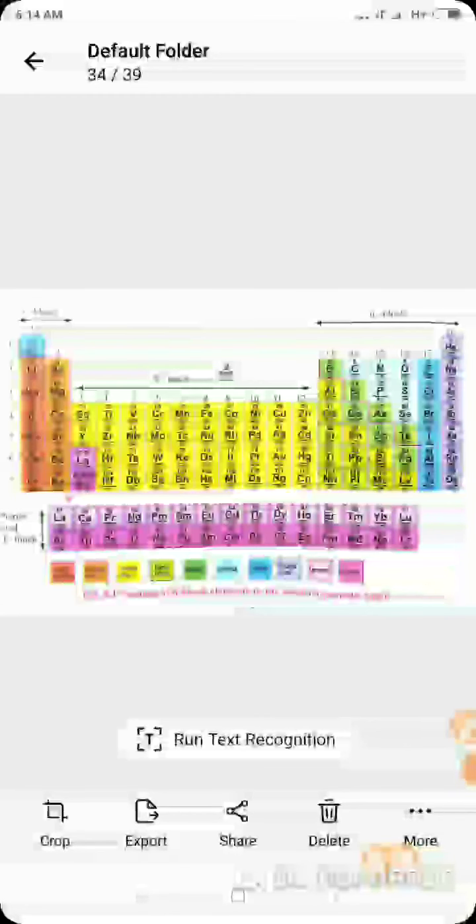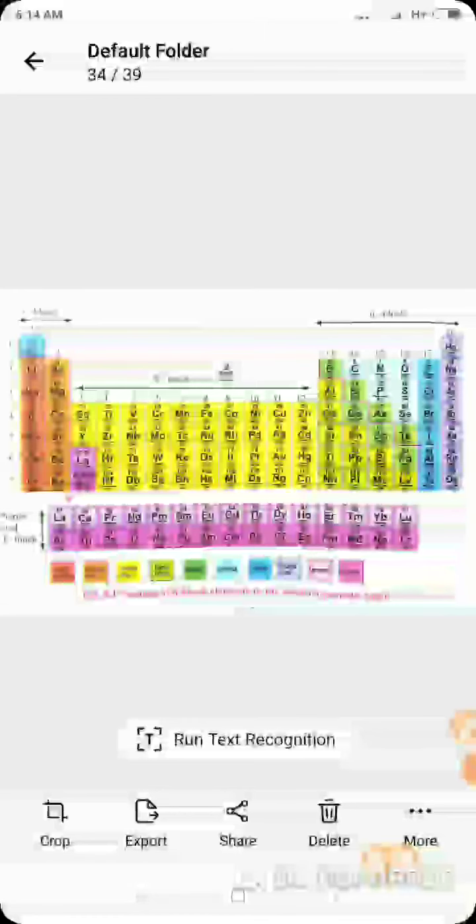Today we discuss the introduction to transition elements from chapter number 8, that is, transition and inner transition elements. Today we see the introduction of transition elements. First, before going towards the transition elements, we should know the structure of the modern periodic table and where the transition